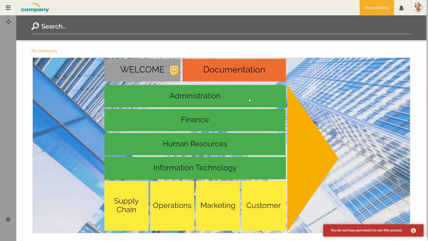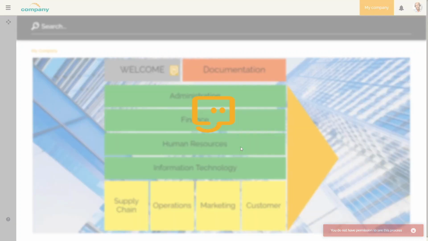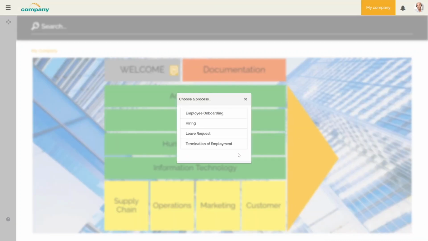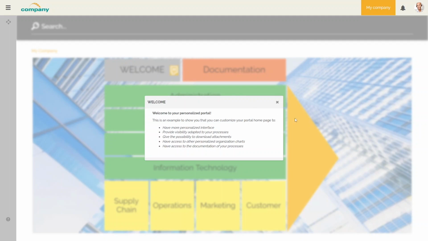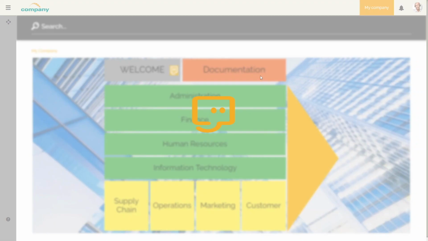We are now going to click on the Human Resources element. HeFlow then displays the list of affected processes, but if we click on one of them, the system does not redirect us to the documentation. The actions defined for the elements, Welcome, and Documentations work.